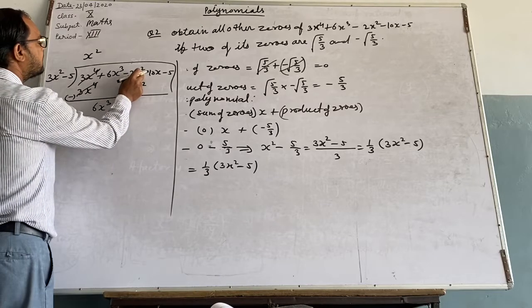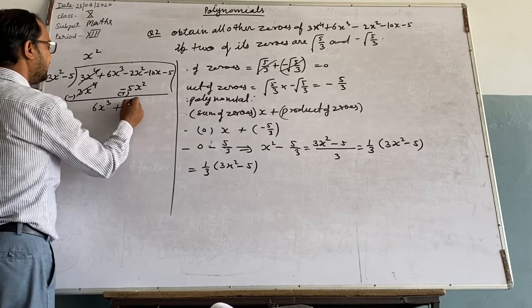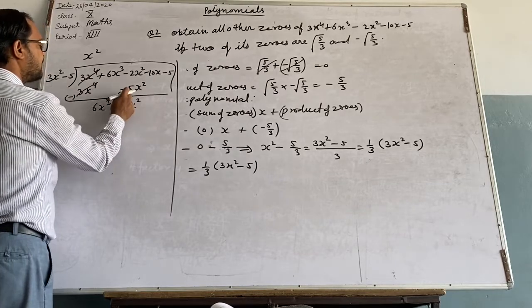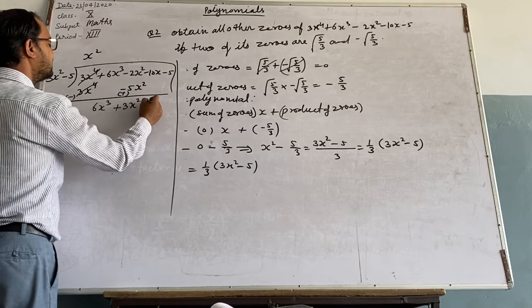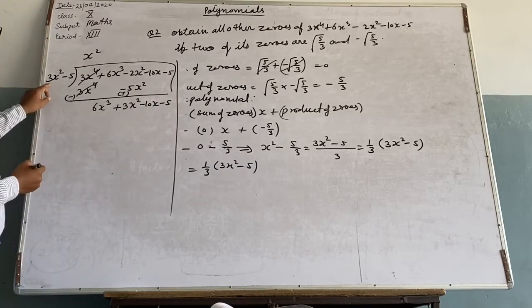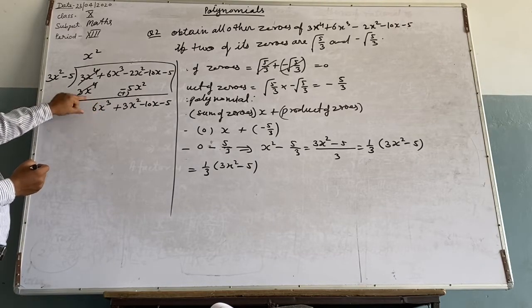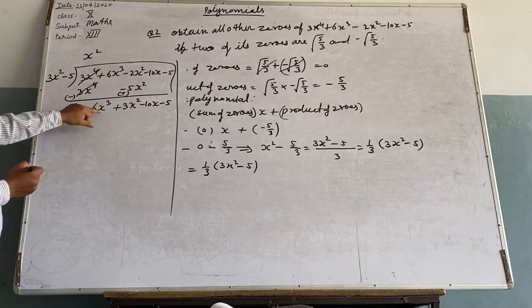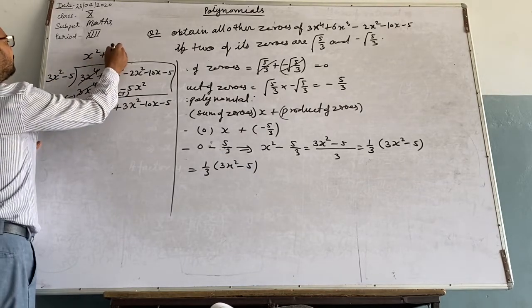Now 2x square minus 5x square will give you 3x square. Plus 5 is better, so it is plus. Now carry this as it is, 10x minus 5. Again we have to make it eliminating this. 3 to the 6, and when you multiply x in this, you will get x cube. So we have to take a quotient 2x.